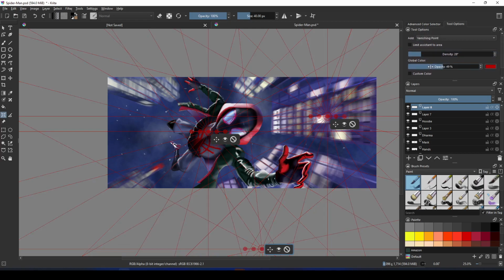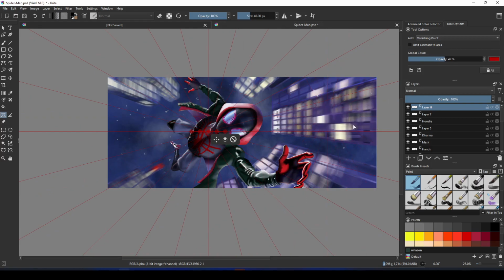With each point we have this small gray strip with 3 icons. With one you can grab the point and move it. You can temporarily hide it with the visibility icon. And the last is you can delete the vanishing point altogether.